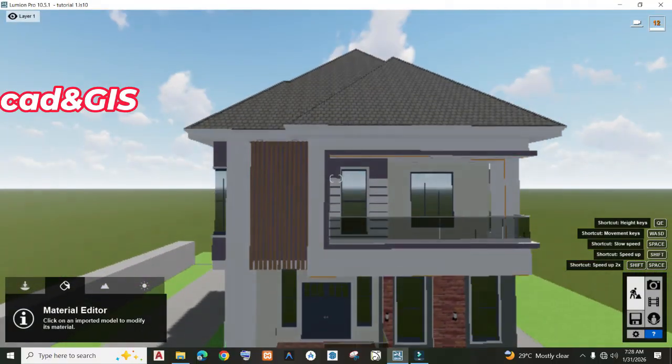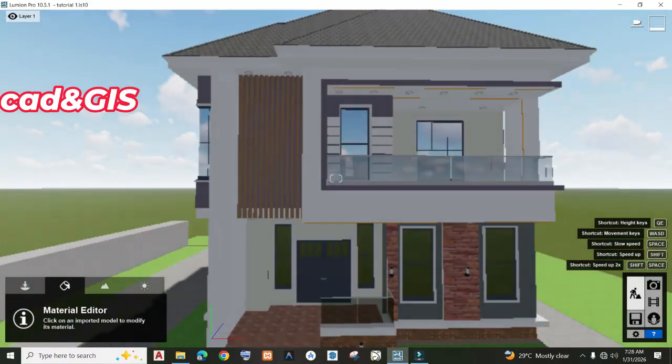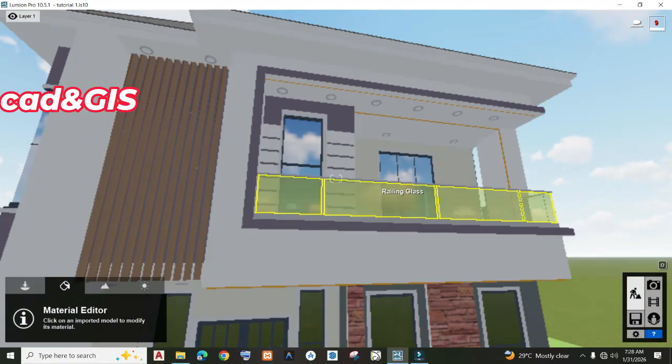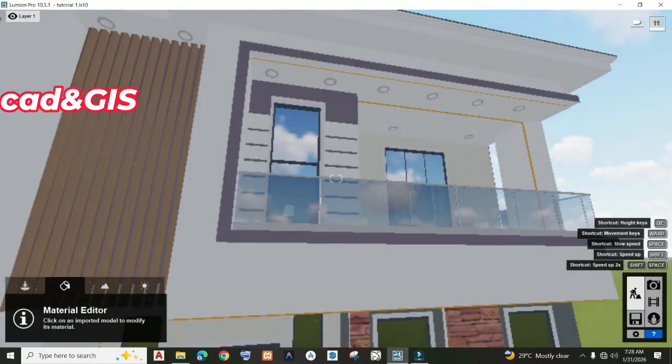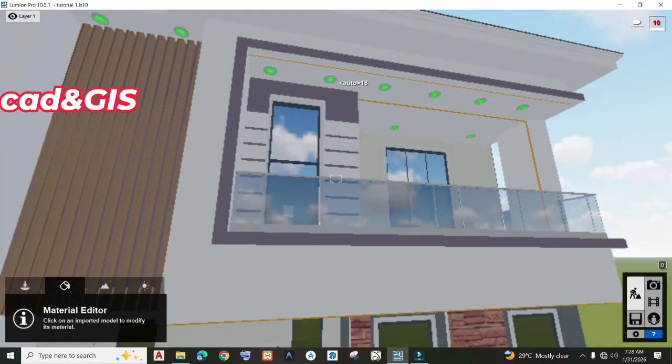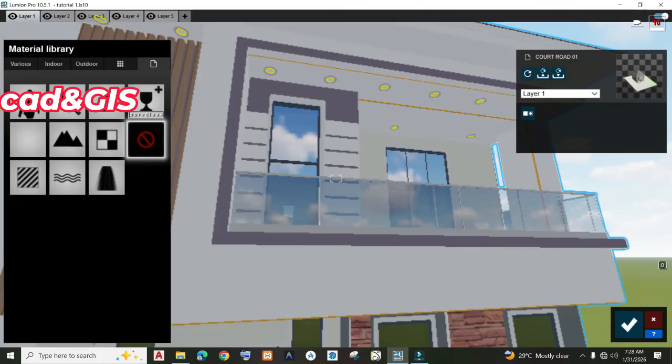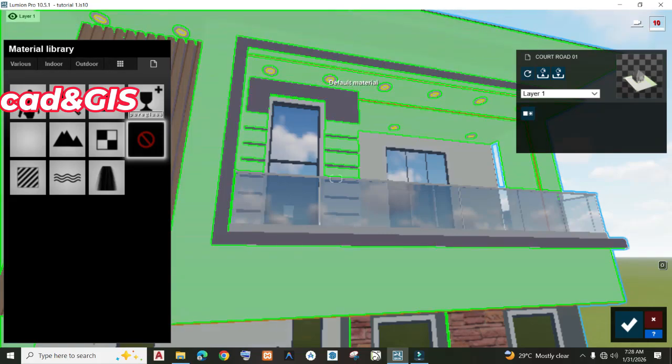Now for us to apply this light material to this building, we are going to select the board that we added from SketchUp. Once you click on it, it's going to pop up this material library. For this one, we are going to maintain the material that we brought from SketchUp. We are not going to apply the new material. So we just go to where they write this standard. Once you click on it,